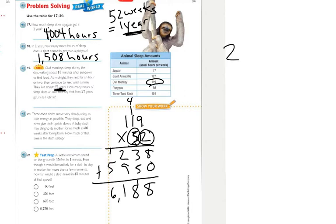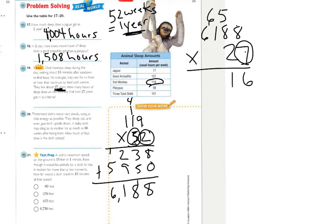So now I'm going to take the 27 years and multiply it by the 6,188, so I can find out how many hours it would be in 27 years. So I'm going to do my ones place. 7 times 8 is 56. 7 times 8 is 56, plus the 5 is 61. 7 times 1 is 7, plus the 6 is 13. 7 times 6 is 42, plus the 1 is 43. So I'm going to put my space saver because, again, I'm moving over to the tens place, so I'm really